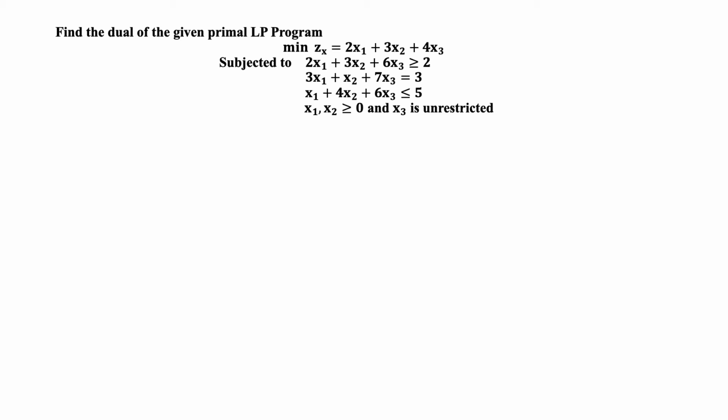Hello everyone. So in today's lecture we are going to see how we can solve or convert a primal linear programming problem into a dual linear programming problem. For that we have some standard steps in which first we will convert primal into standard form and then into dual LP form. For standard form, our objective function should be in maximization and the constraint equations should have the less than or equals to form.